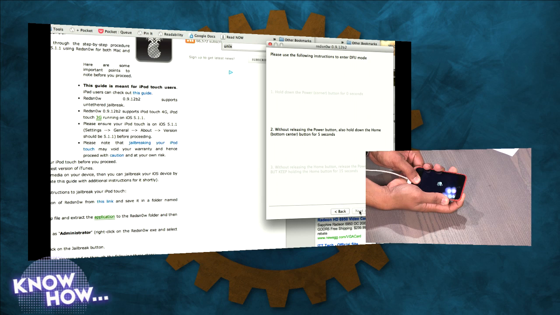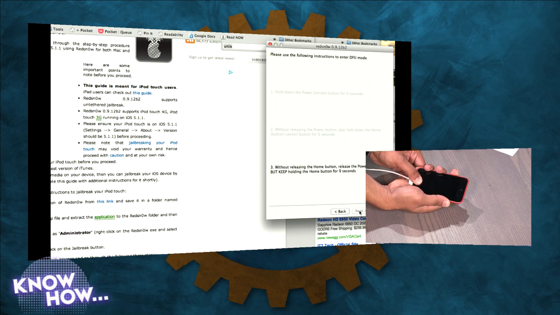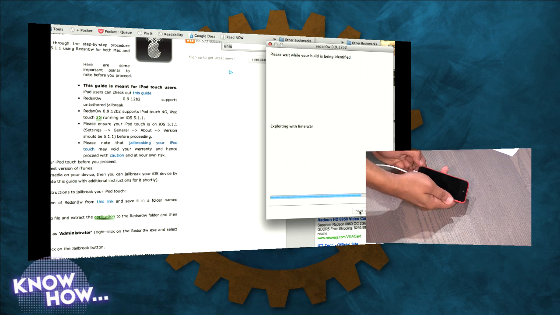That's right. So I'm holding down the home button for 5 seconds, and again, there's a timer in the software. It's nice that they put that in. And you let go of the power button. You're holding the home button down for another 11 seconds. This is a mode that's actually built into iOS devices that allows you to rewrite the firmware when the device is wrecked. Seriously borked. Now, if you can see my screen, it's already doing the work.